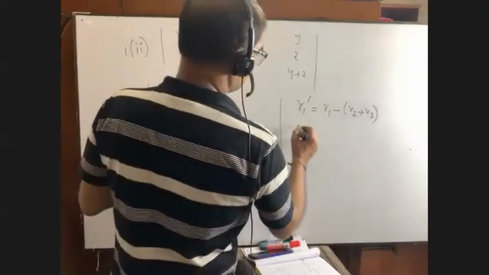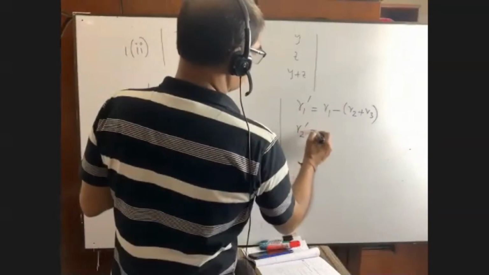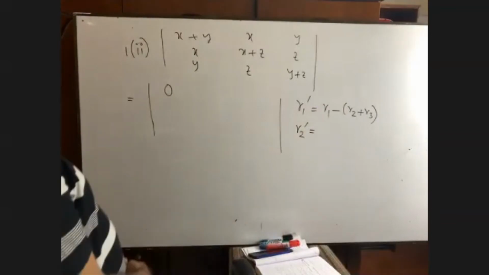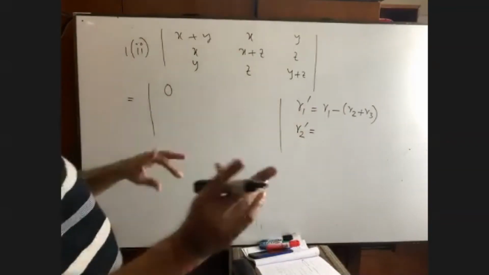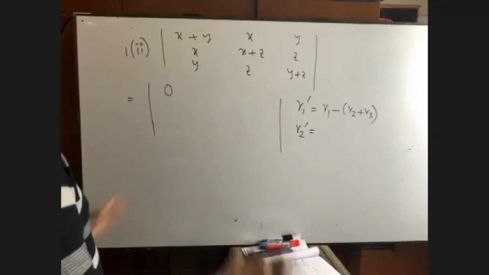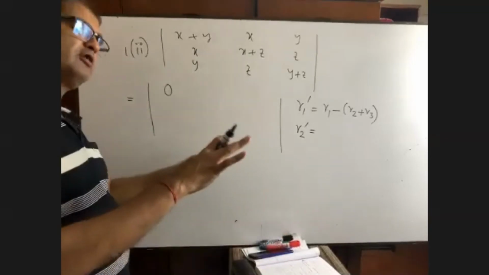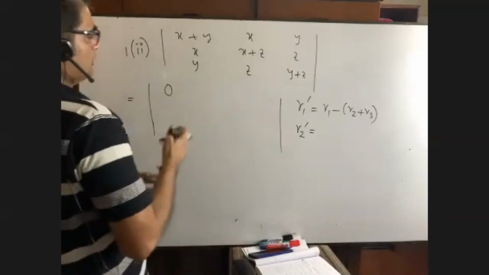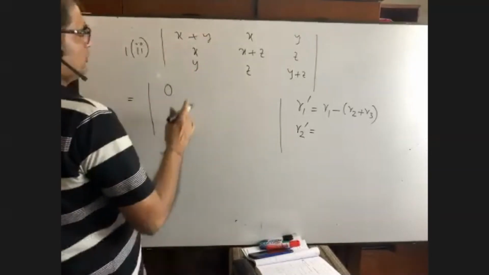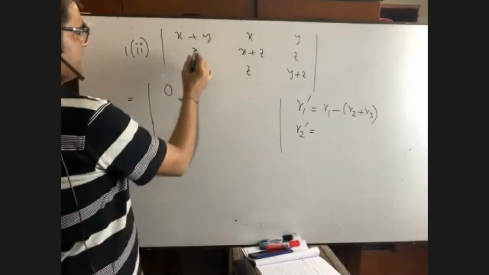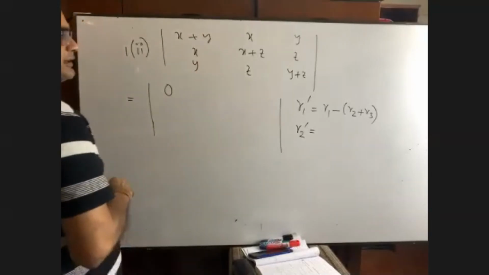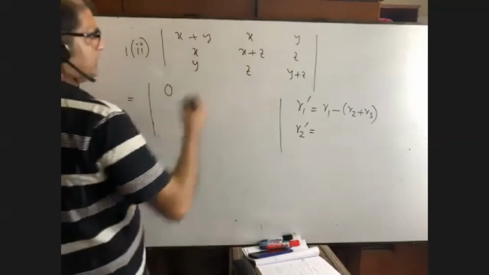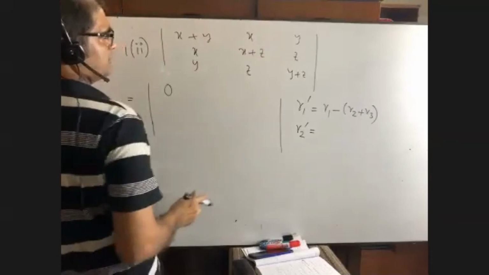Then it is row 2. Row 2 equals what? Okay, I'm going to do row 1 first. But the interesting fact is that for column 1, it was the same. Anyway, I'm going to do row 1. Then row 1 equals the same thing. We are getting x plus y minus x minus y. We're getting the same thing, right? Is it? Okay. Now you see this. Can you subtract it? What will it be?